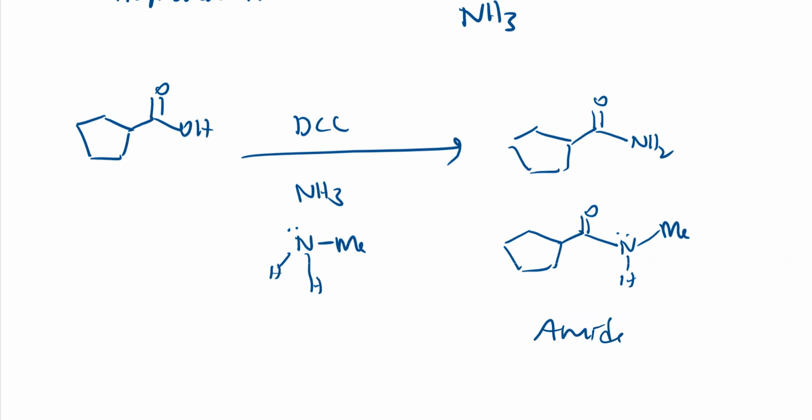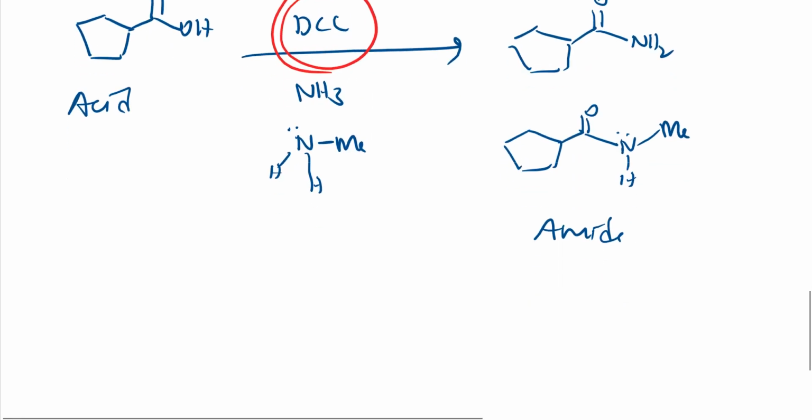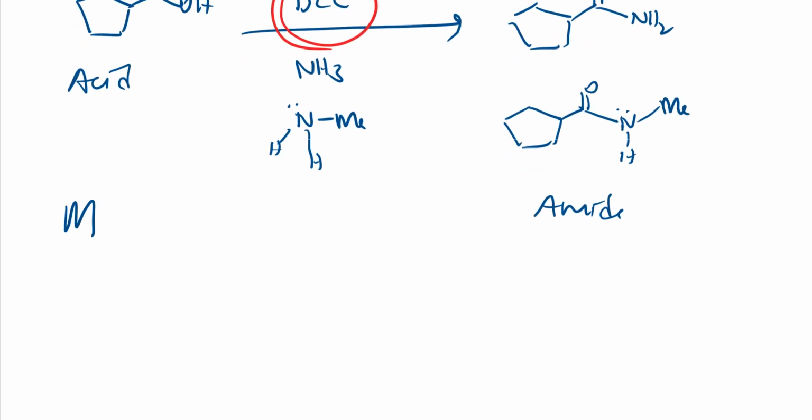How does this reaction happen from acid to amide using this DCC? That is my topic, right? So I will discuss the reaction and mechanism, everything with respect to DCC only. The above things you have studied, you know, so I won't concentrate much on that. Let us see what all happens. So let us see this mechanism.